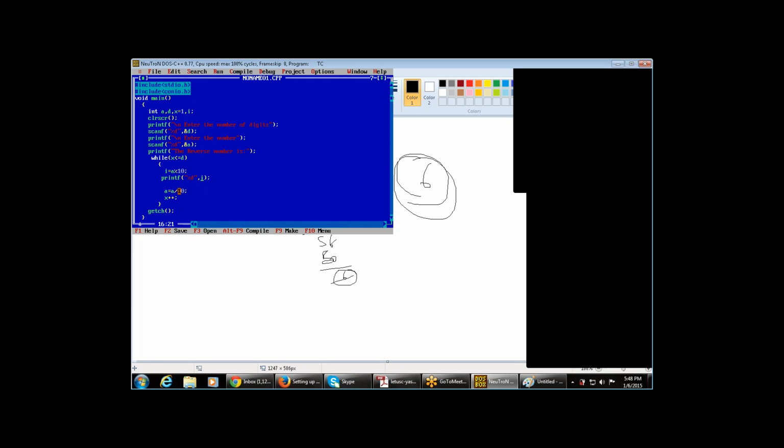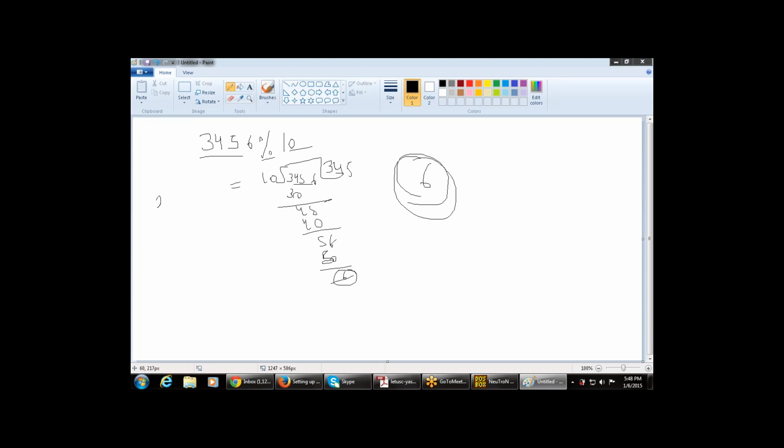Now the next part contains a equals a divided by 10. That is, a has a value right now of 3456, which is divided by 10. Suppose the input is 3456. Now this is divided by 10. So that gives the value as